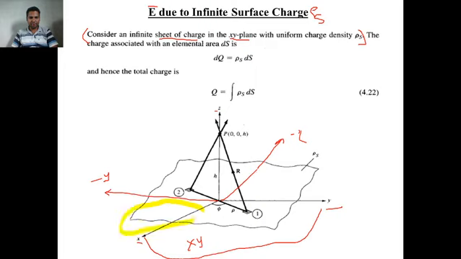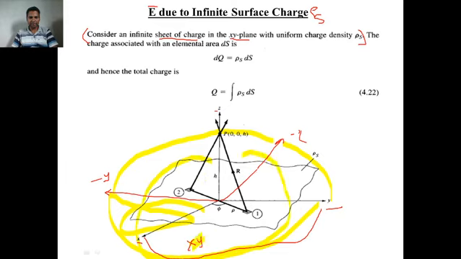So, the total surface from the positive x axis to the positive y axis, from the negative x axis to the positive y axis, from the negative x axis to the negative y axis, this total area is nothing but the xy plane. If you want to imagine this surface, suppose this is my x axis, this is y and this is z, x, y, z. So, x and y is this. So, the plane surface, the xy plane, is like this, x and y plane, this is the xy plane.